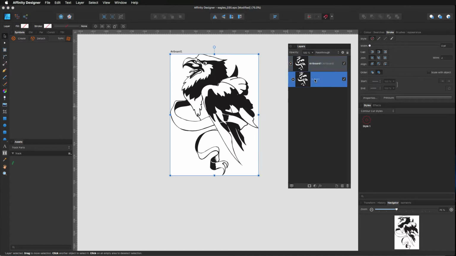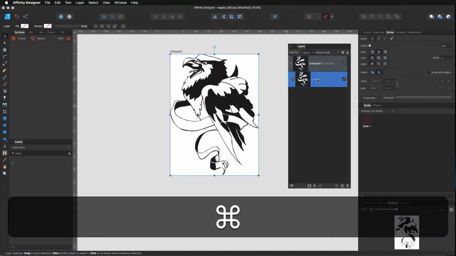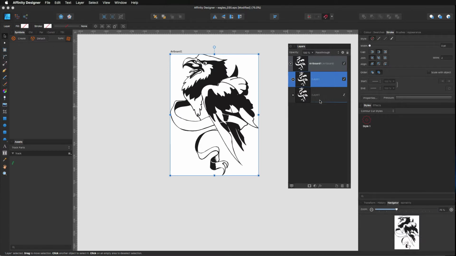Okay, first we need to duplicate the layer. So Command J, Control J on Windows. I'll lock that one so I don't move it about. This layer we can convert to a compound